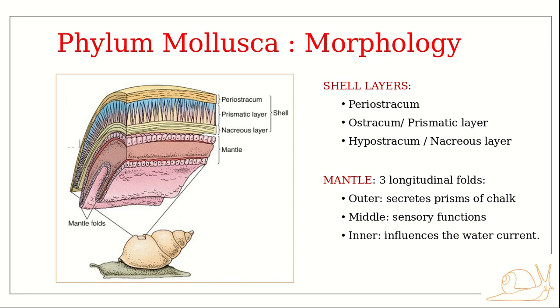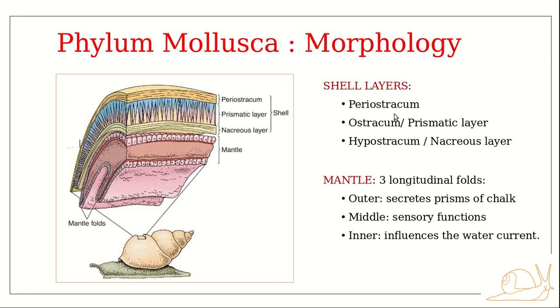The calcium carbonate component of the shell is derived from the calcium bicarbonate in the external solutions. It protects the inner very soft body from carbonic acid and other agents that could damage the organism. So the outermost layer, as we have seen, is the periostracum, and the periostracum is a very thin outer layer.